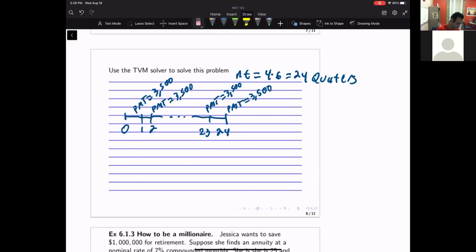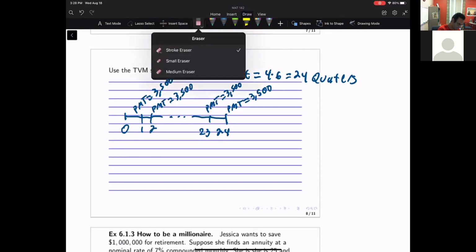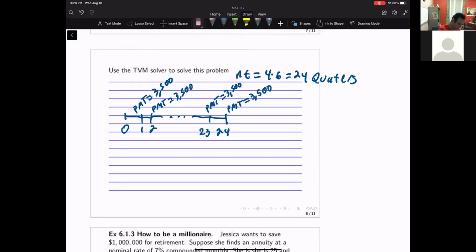So here we have the future value, which is the same as the accumulated amount, right? So the future value is at the 24th quarter, and then the present value is over here. Notice we're not making any payments until the end of the first quarter. So that means when I first open this account, I don't have any money. So the present value is going to be 0. So now that I have that,